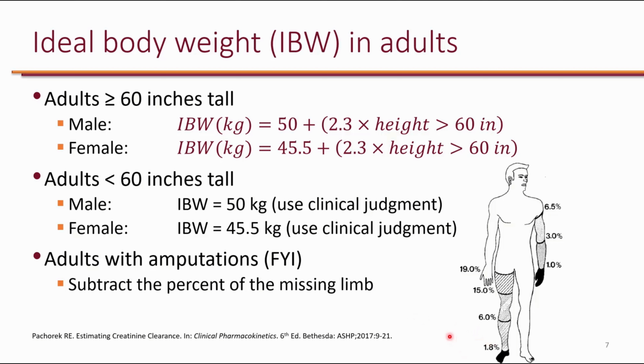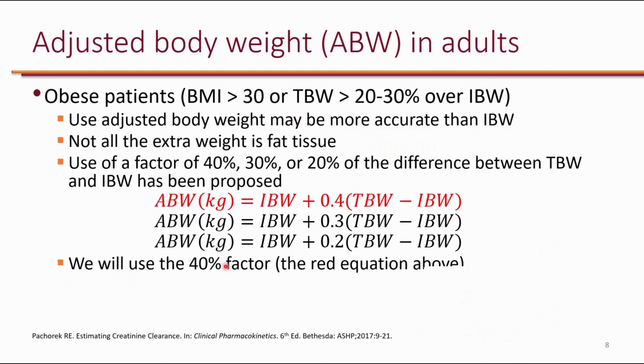For example, if somebody had a below the knee amputation, you can actually subtract 6% of the ideal body weight that you calculate. These numbers are just for your reference, so you do not need to memorize these percentages for patients with amputation. For patients who are obese, and obese is defined as a BMI of greater than 30, or a total body weight that is at least 20 to 30% over